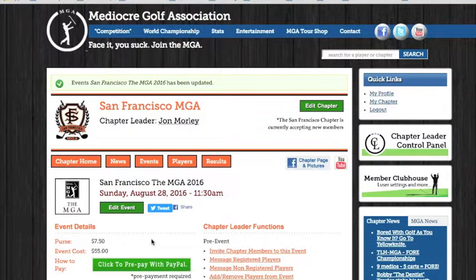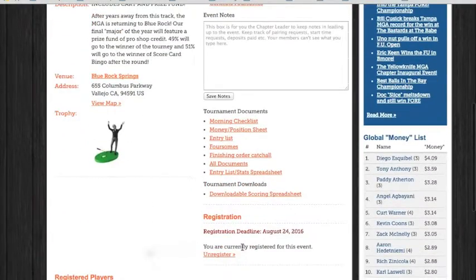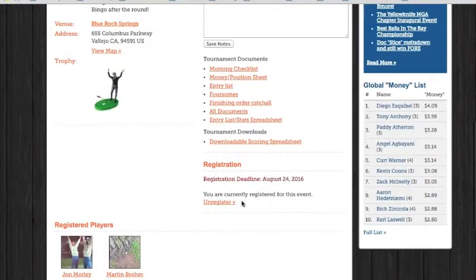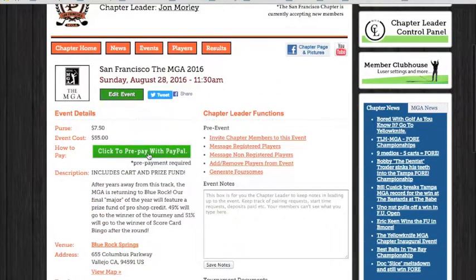Going back to the event page, just a few more things that you need to make sure your members know about. First things first, they still need to register for the event. I'm already registered, but they need to register the normal way, and then they can click to pay with PayPal. We're in the process of adding a message here that will remind them of that fact. And then the only other thing they really need to know is that